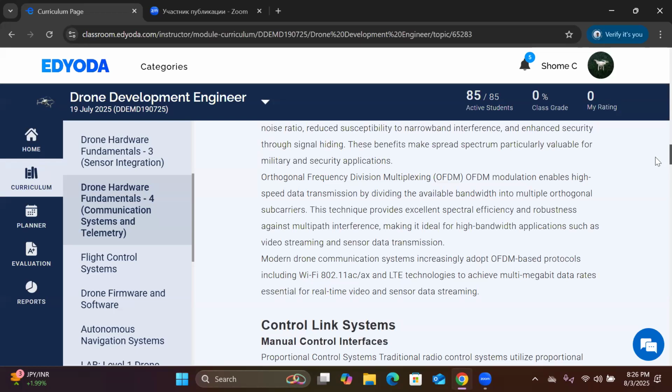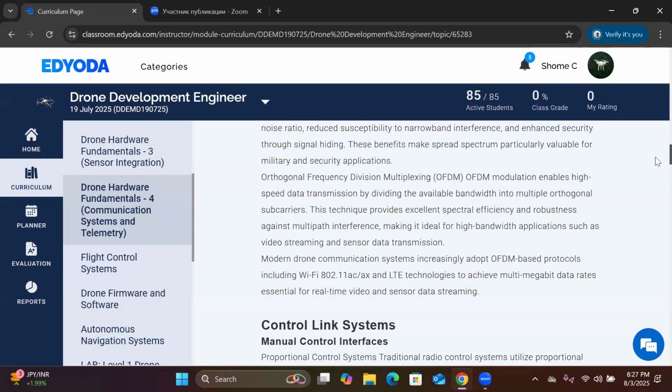So, orthogonal frequency division multiplexing modulation enables high-speed data transmission by dividing the available bandwidth into multiple orthogonal subcarriers. So, the available bandwidth is divided into multiple orthogonal subcarriers by the orthogonal frequency division multiplexing scheme. This technique provides excellent spectral efficiency and robustness against multipath interference, because if we use the 2.4 gigahertz frequency